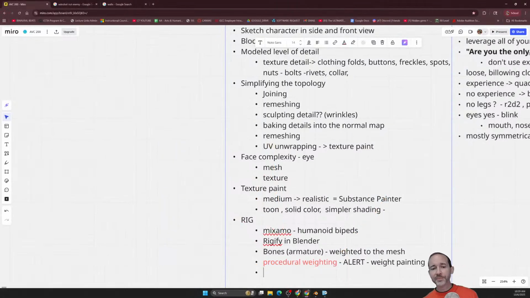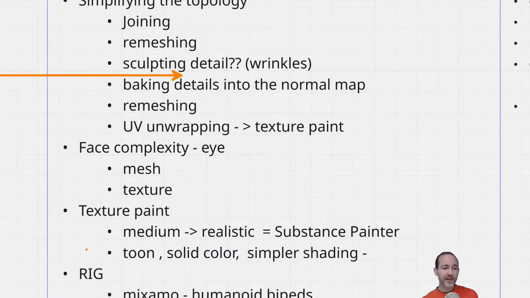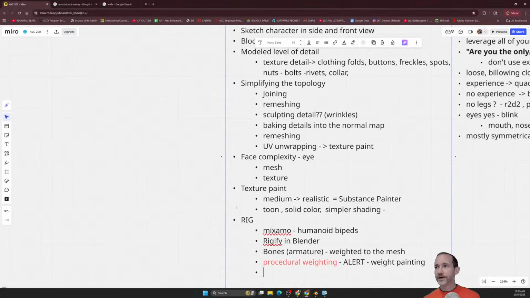Up until now, in shaping the character and texture painting the character, it's hard to make decisions that you'll end up paying for a lot later on. It's possible, but I don't see people do it as often. But when we get to the rigging and the weight painting, it's just complicated. There is a real effort to make it